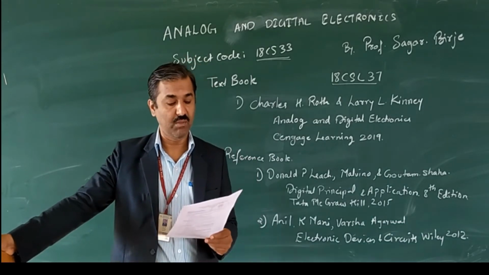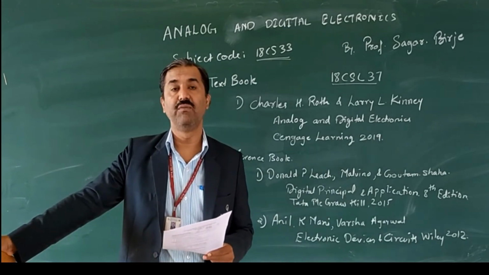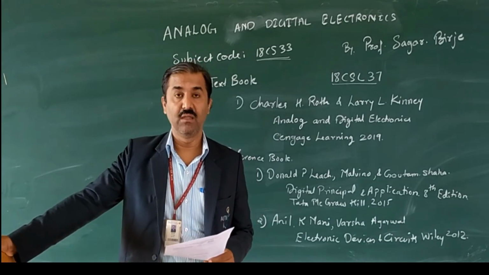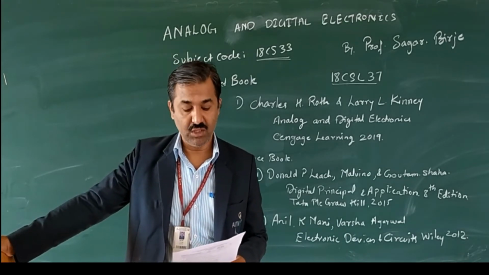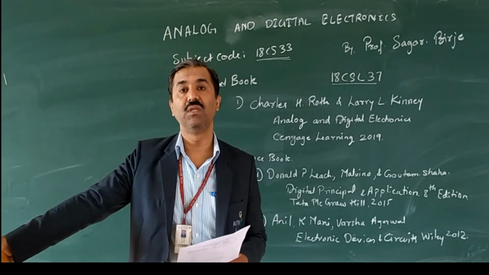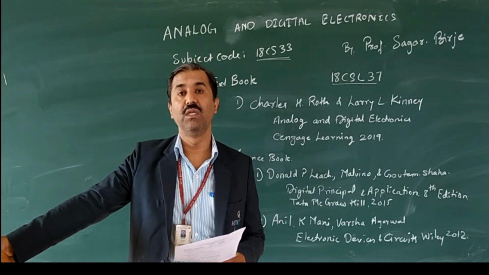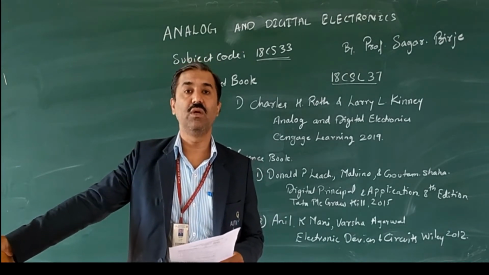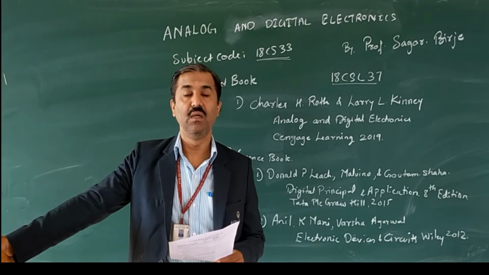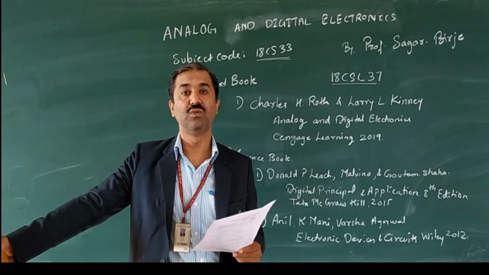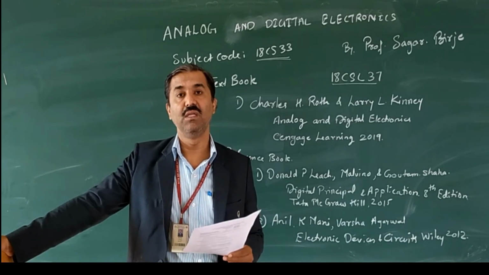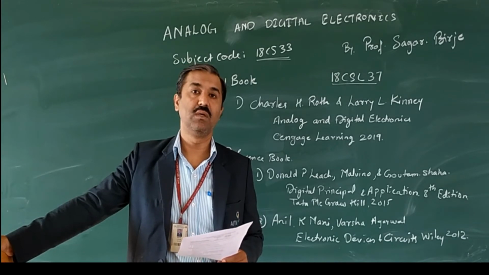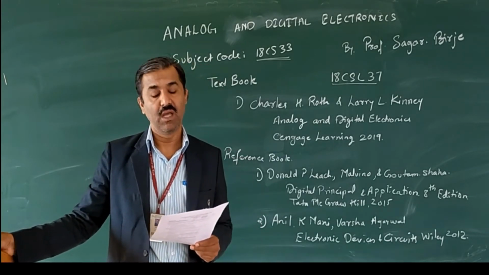Course outcome 4 talks about the working of flip-flops and the different types of registers that you will be learning. The fifth course outcome talks about designing different types of counters, registers, and analog to digital and digital to analog converters. So these are the basic course outcomes that you are going to learn at the end of this course. Students will be able to understand all these 5 course outcomes once they complete this course of analog and digital electronics.